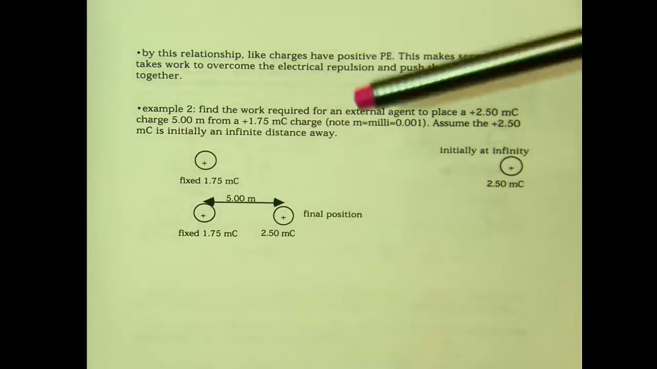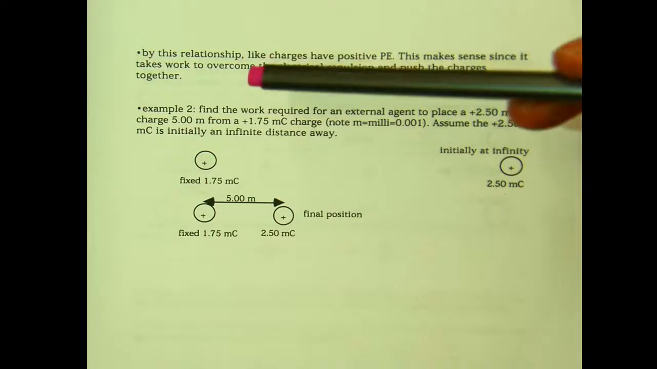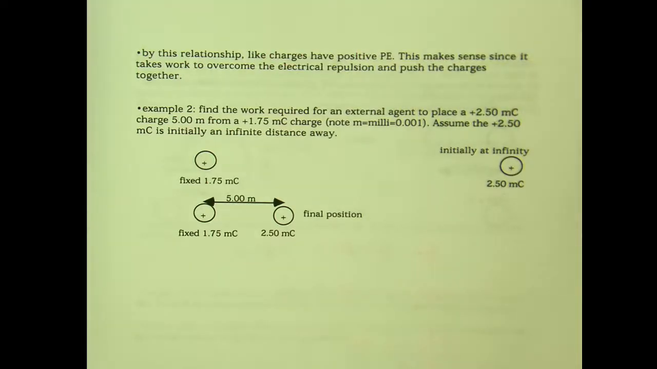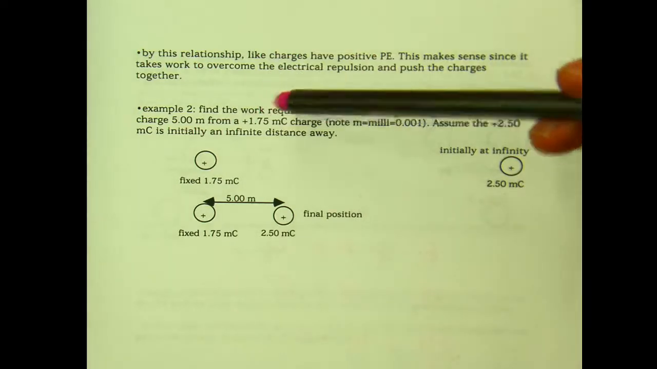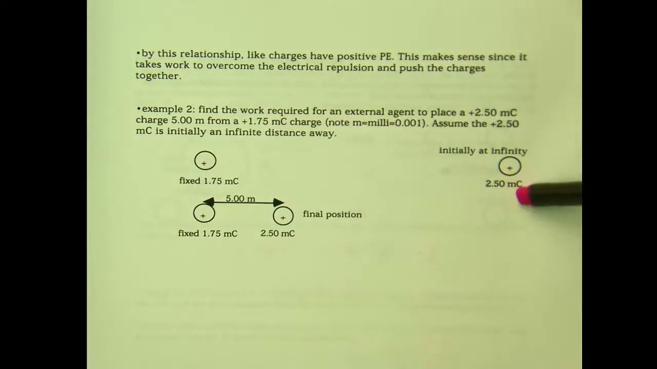So by the relationship, we have like charges have positive potential energy, and this makes sense because it takes work to overcome the electric repulsion and push the charges together. You'll see what that means here in a sec. So we want to find the work required for some external agent to place a 2.5 millicoulomb charge now, 5